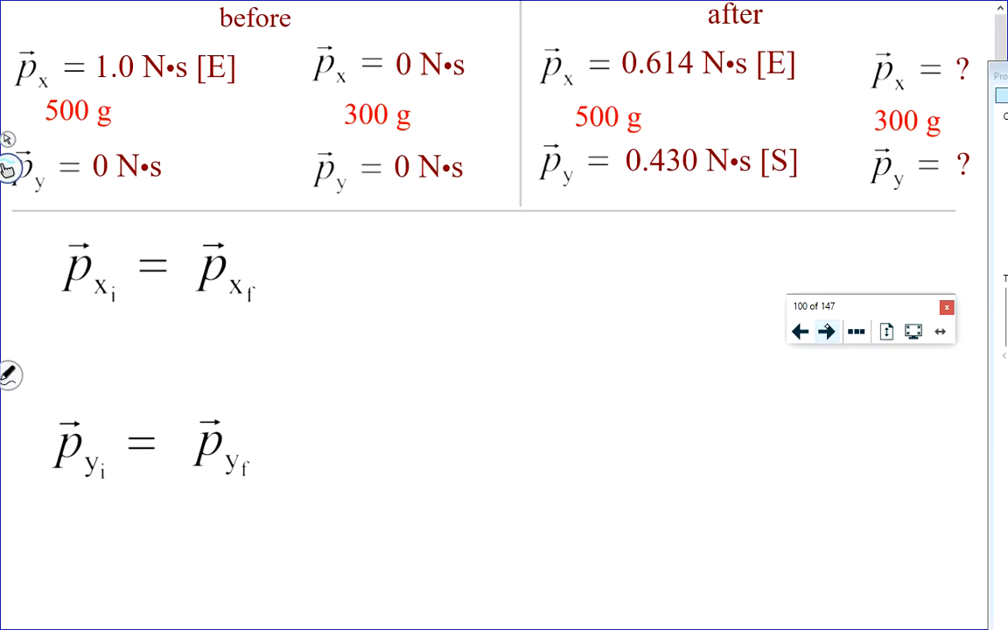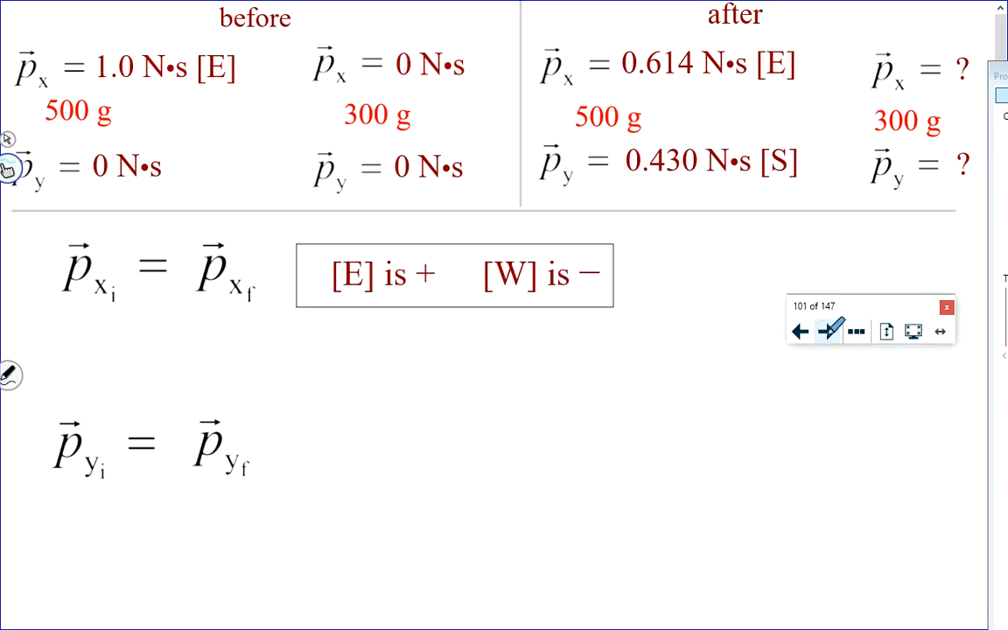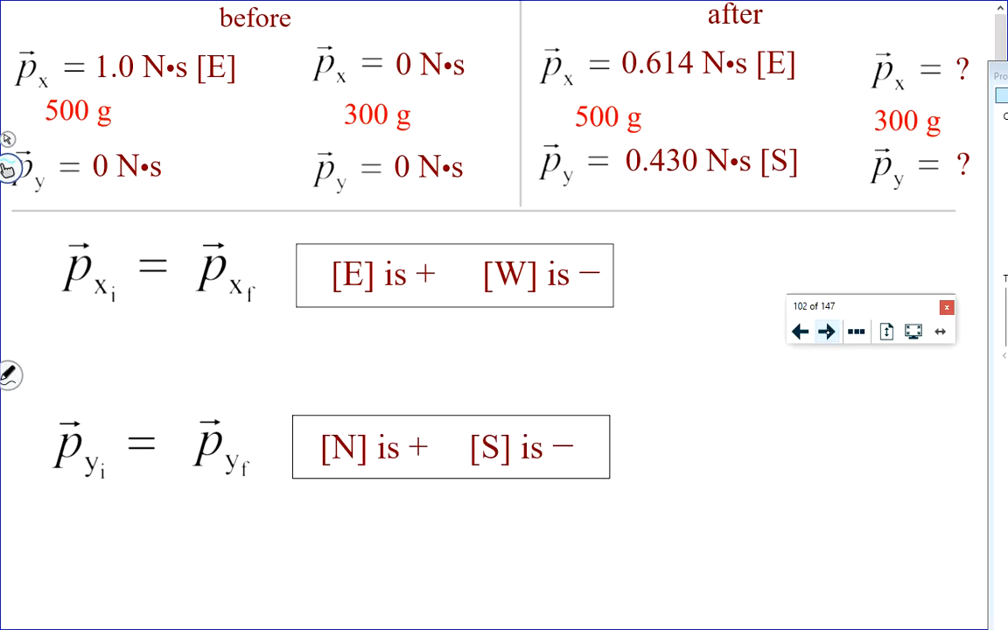So look at what we're saying here. The total x before and the total x after have to be the same. Well, if you were to add these two x's together, which are the only x's before, you're going to get the total x before. And that's going to give you 1 newton second. By the way, east is positive and west is negative, north is positive and south is negative. So when we add